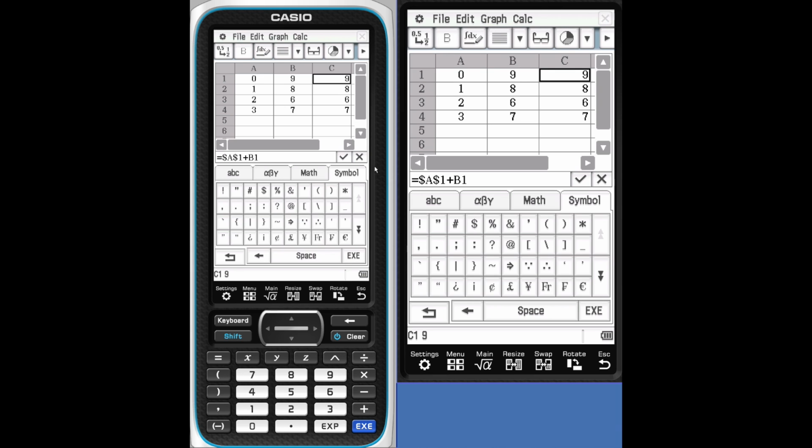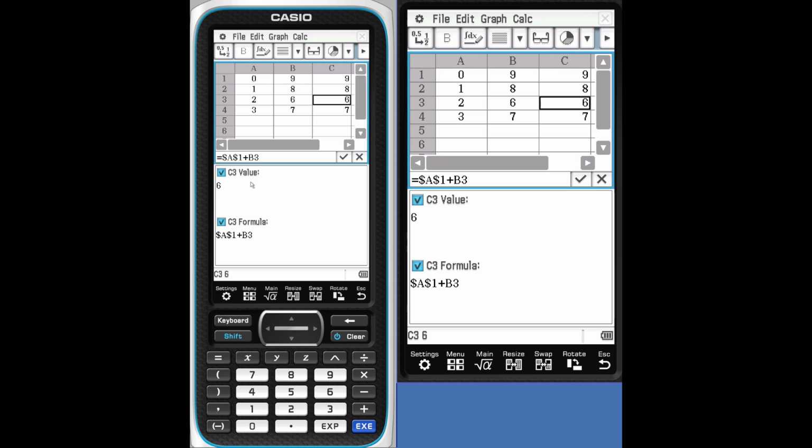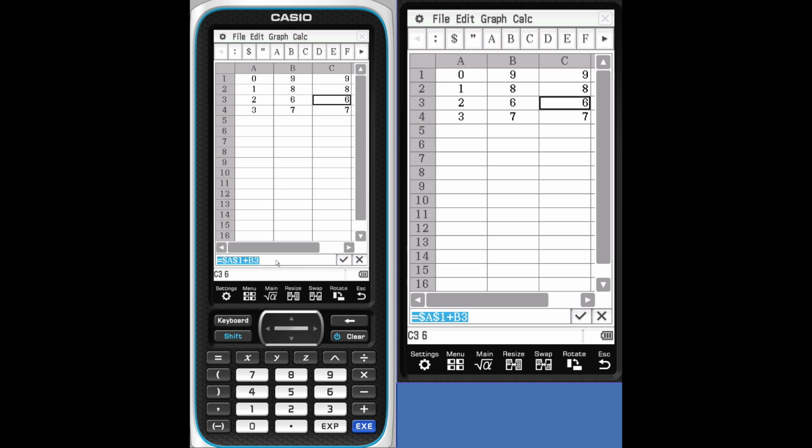So let's go ahead and close that keyboard out. This is a good time to look at the eyeglasses. The eyeglasses will show you that cell and the formula right there. We'll come back out. We'll try to escape. Now we got to go and resize this window. There's a couple of ways you can look at that. You can look at the eyeglasses if it's a more complicated one, or you can just tap right there. And each one of those will have it on the bottom there.